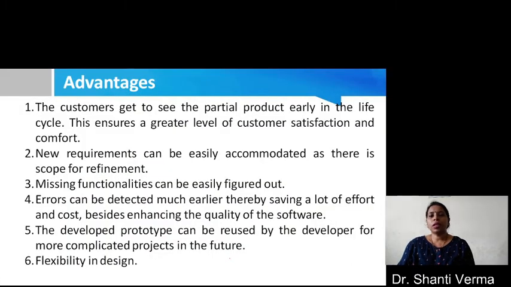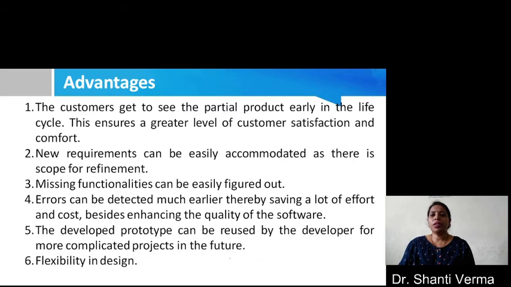Now let's discuss the advantages of the prototyping model. Basically, the customer gets to see the partial product very early, so it ensures a greater level of customer satisfaction and comfort. In this model, we can accommodate new changes very easily, and you can figure out missing functionalities.